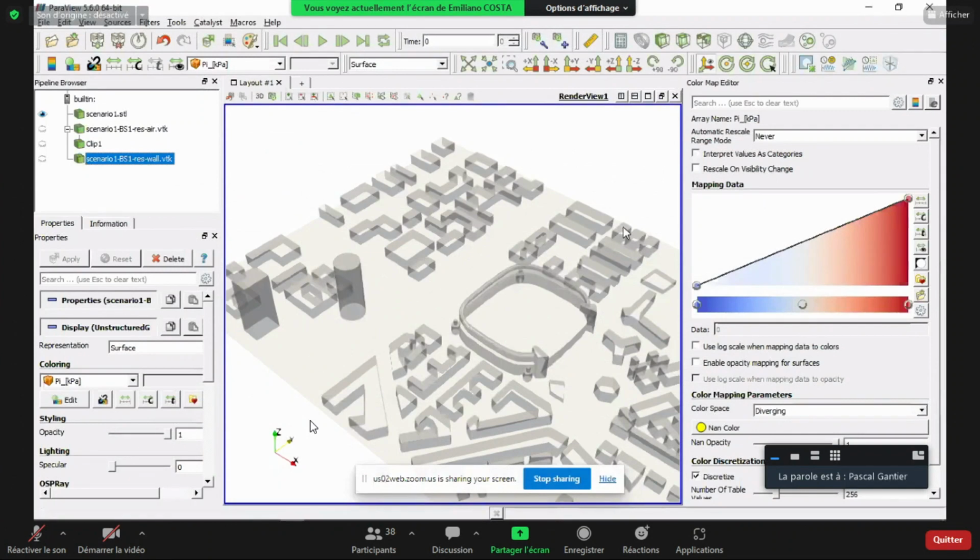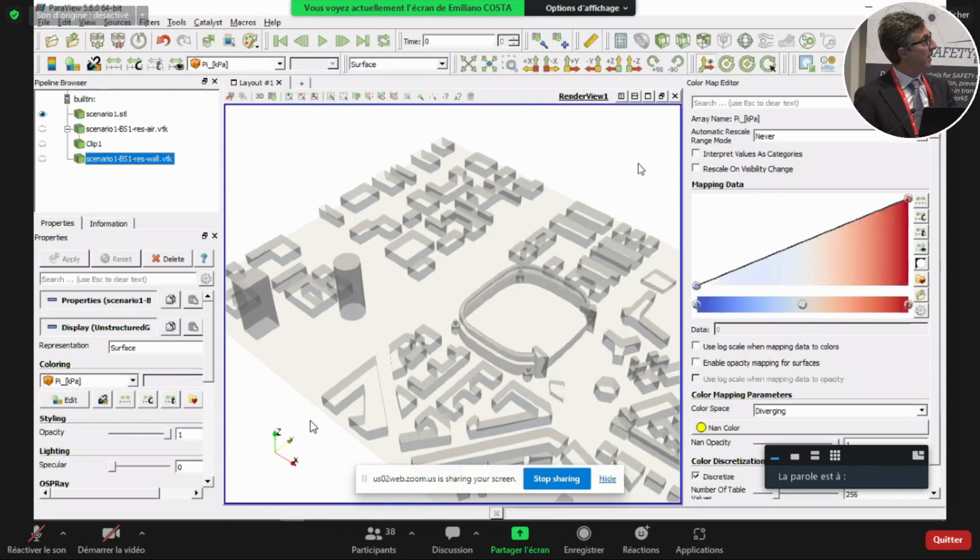Okay, good morning everybody. I'm Emiliano Costa, I work for RINA. RINA is an Italian engineering company working worldwide. And one of the main tasks of RINA in the Safety for Rails project is to develop the Bomb Blast tool. This tool is capable of predicting the blast loads and consequences related to a bomb attack performed